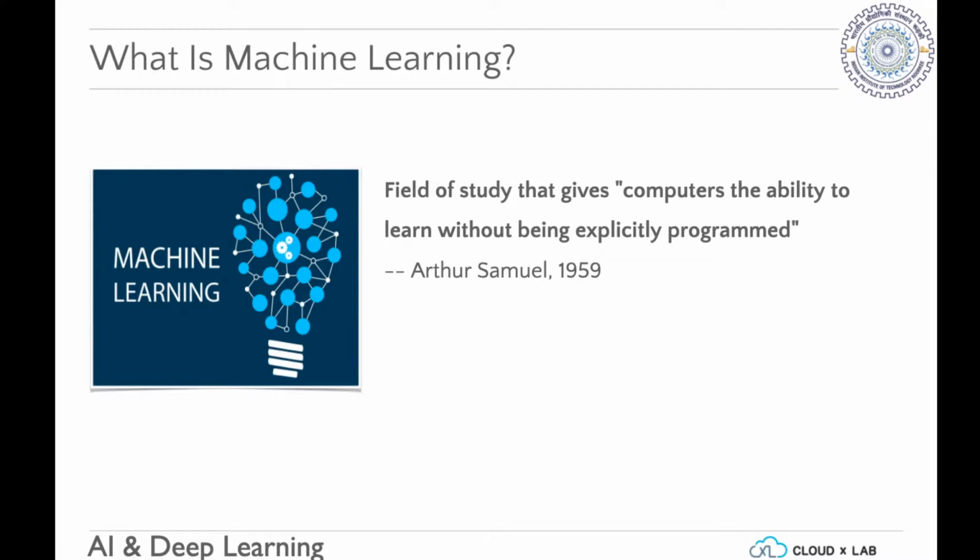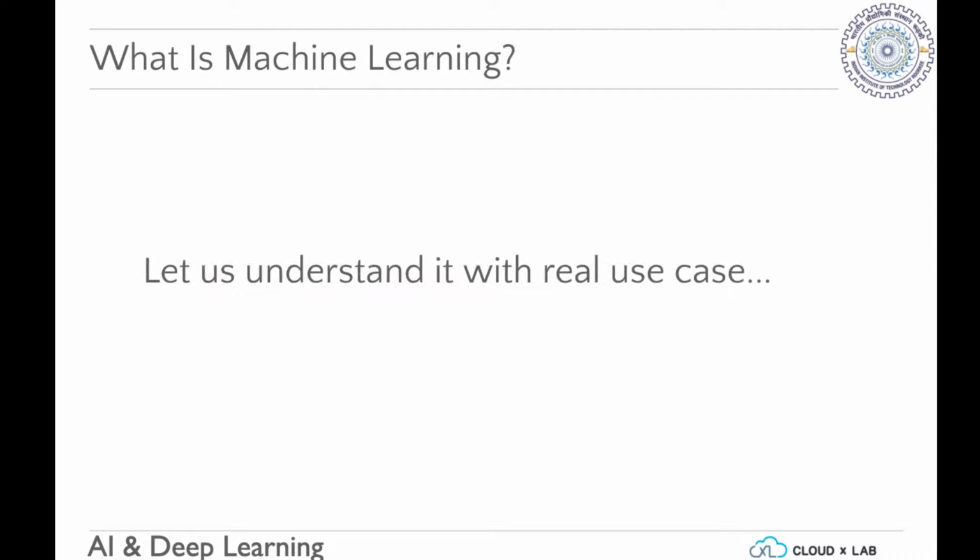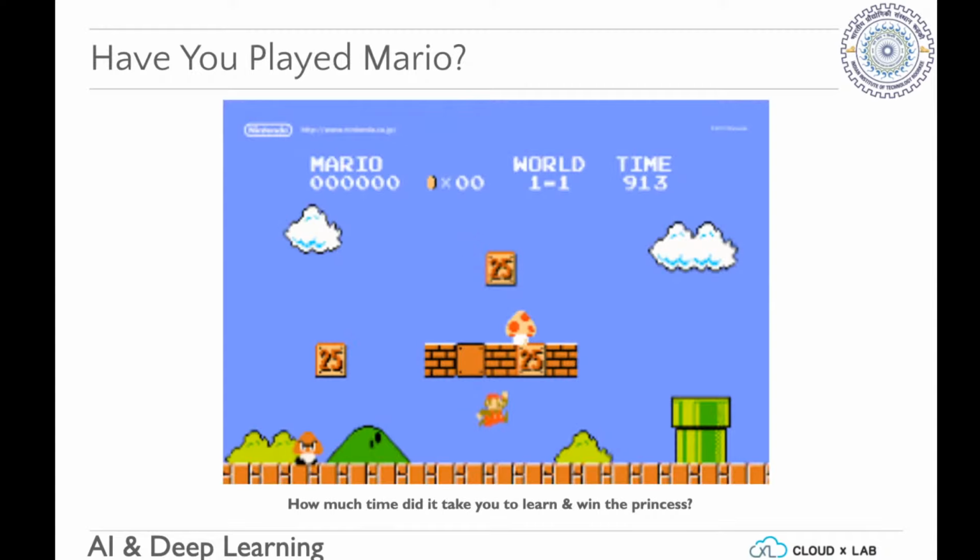What machine learning tried to do was to be a little more flexible and create an approach in which computers can do more than what they are explicitly programmed for. Okay, so that was the aim of it. Now we will do this with an example, with a real use case, and we'll try to make it fun also.